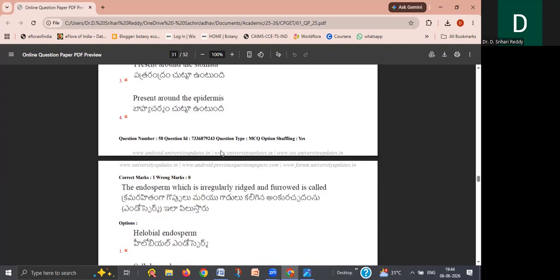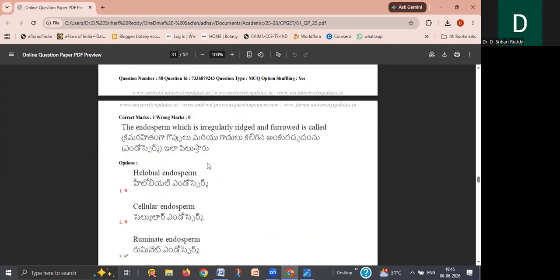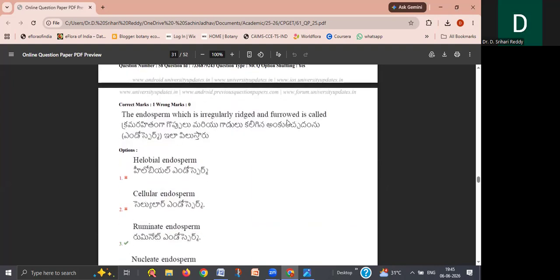And the endosperm which is irregularly ridged and furrowed is called. There are types of endosperms: helobial endosperm, cellular endosperm, nuclear endosperm. The last one is ruminate endosperm. So this is the answer. In the Annonaceae family and in the Myristicaceae family, we find the wave-shaped, ridged, furrowed endosperm, that is called